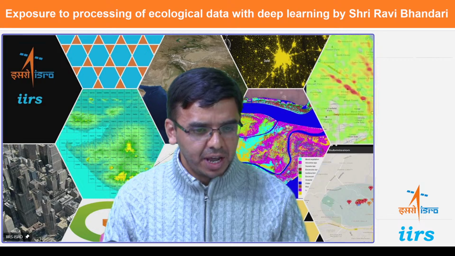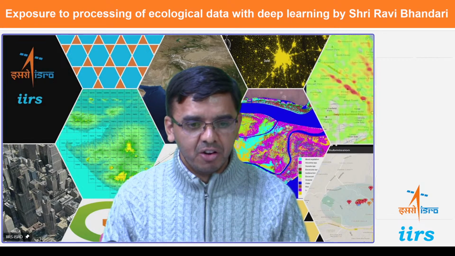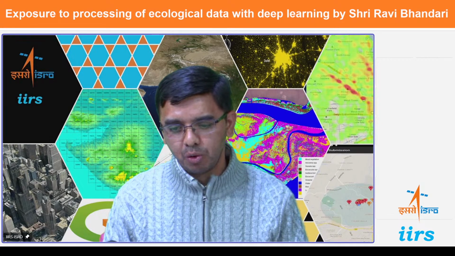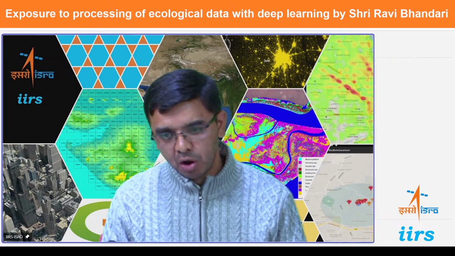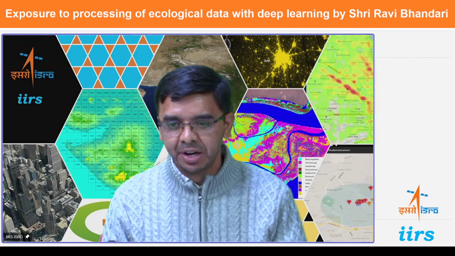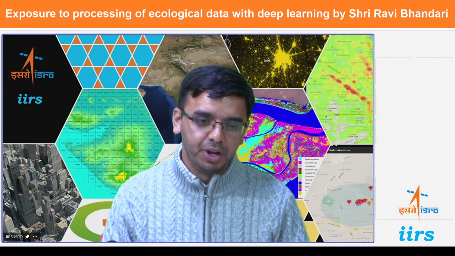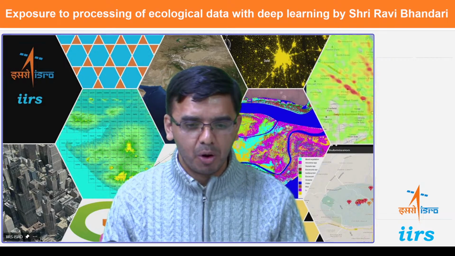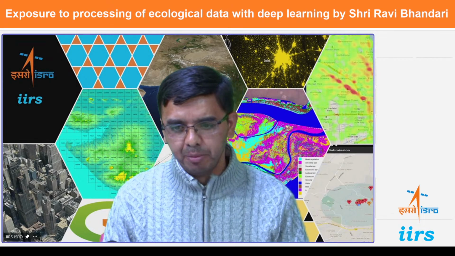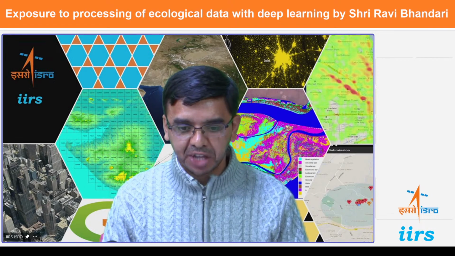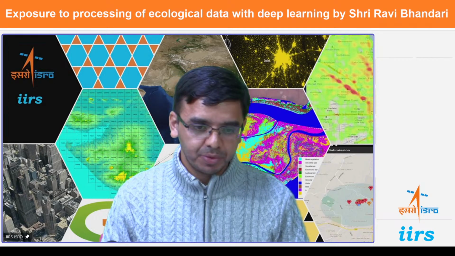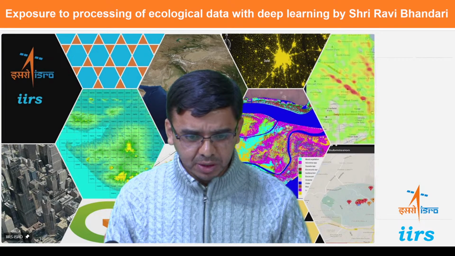Then the second application: you may be interested in field segmentation. Suppose you want to identify all individual fields from a satellite image, so that you can delineate fields individually. The same thing can also be done using deep learning. This is the output from a model by some university. They have used Meta's Segment Anything Model for doing the segmentation. And one of the most prominent